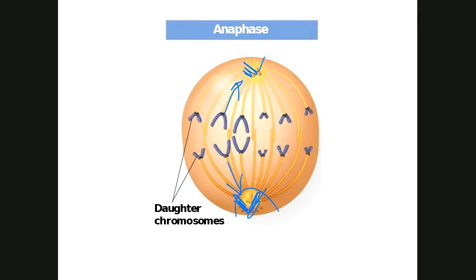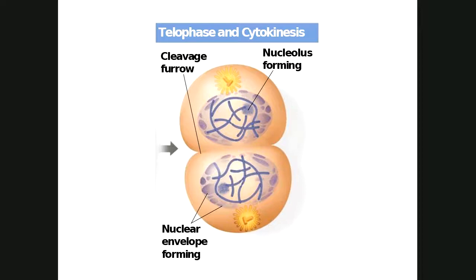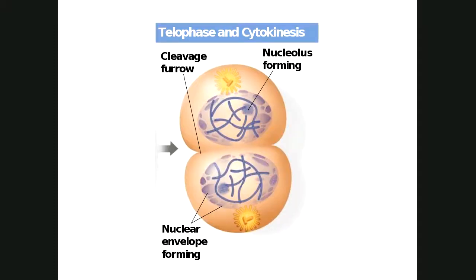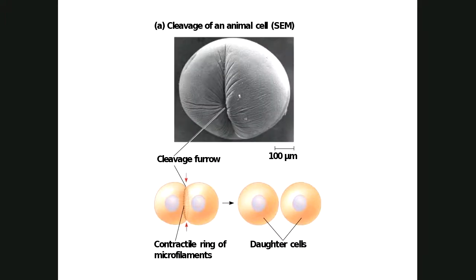All right, so where are we here in telophase? Cells beginning to divide. That's an animal cell, and that's a plant cell. Now, they divide in two different ways, animal cells and plant cells do. You can see this is an animal cell. An animal cell is going to divide by a process we call cleavage furrowing, and it's what I just explained to you. You basically take those proteins, and they're going to pinch and pinch and pinch this contractile ring of microfilaments, eventually pinching that in half into two daughter cells. That's cytokinesis, after karyokinesis, right? Got to have karyokinesis, then cytokinesis. Can't do it the other way around.